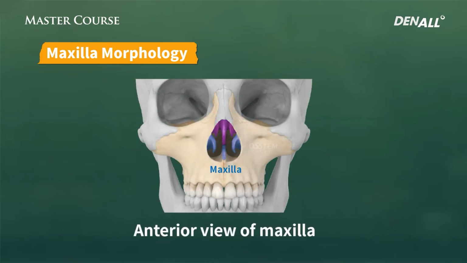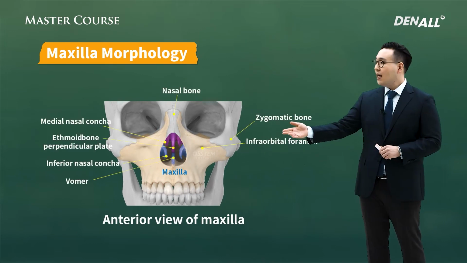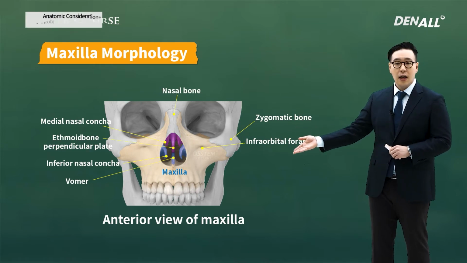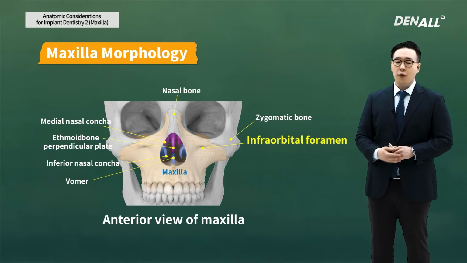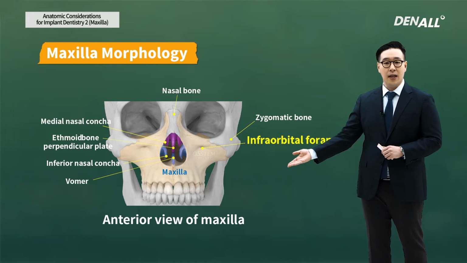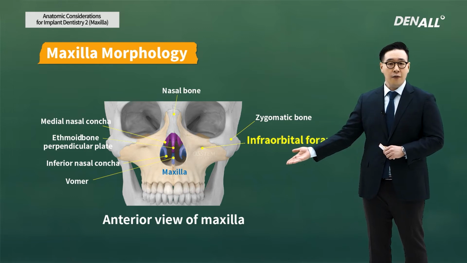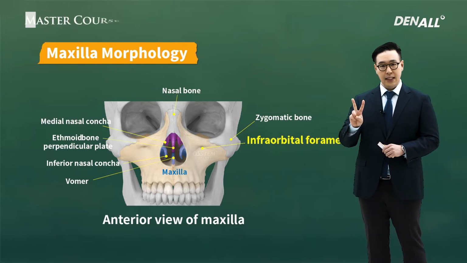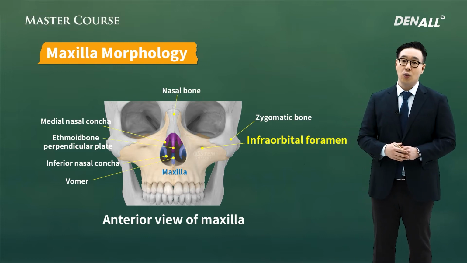Now, the beige colored area is the maxilla bone area. And from the nasal cavities and also under the eyes, infraorbital foramen exist. This infraorbital foramen is where the second branch of the fifth cranial nerve